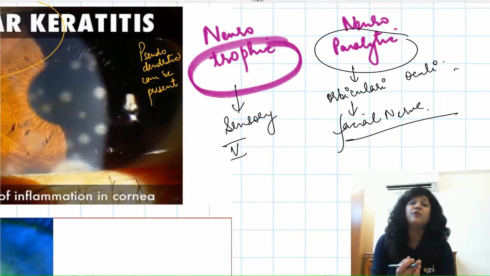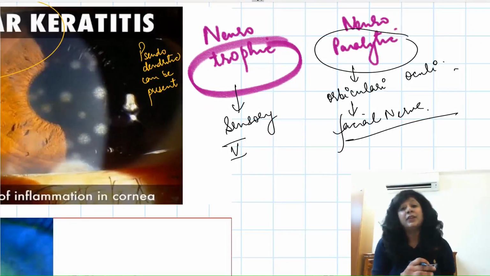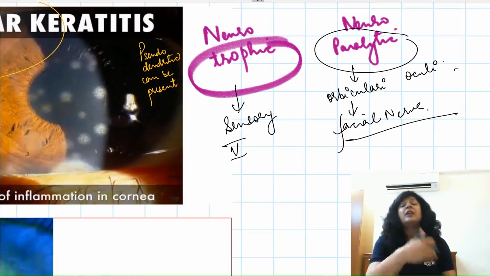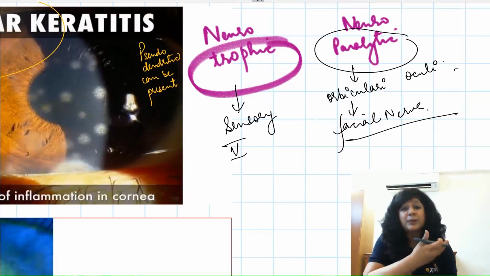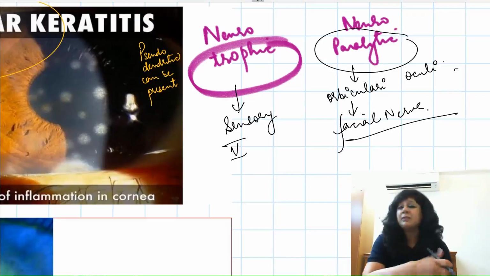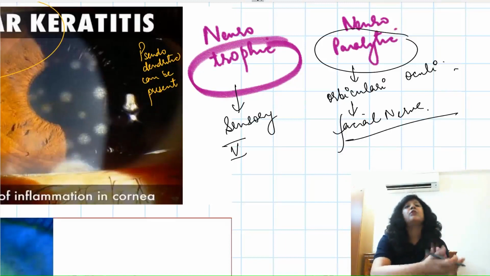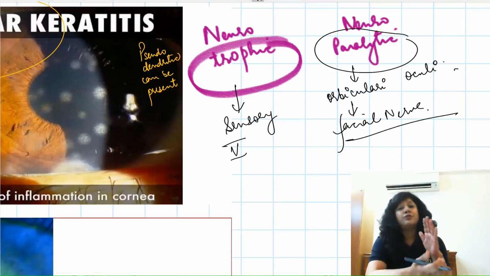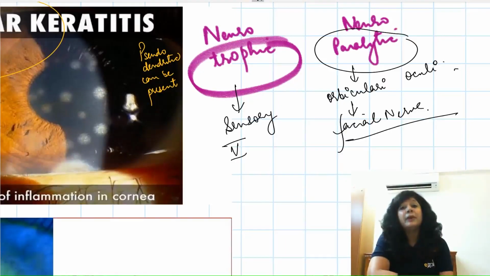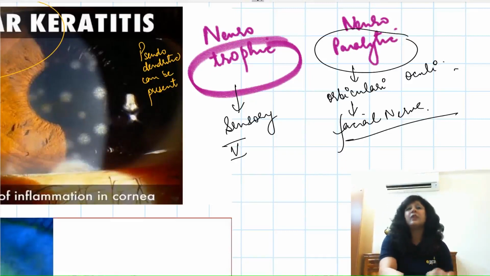Okay, now here, because you are having so many systemic features also, you will see that the treatment is also very, very elaborate. Here we give systemic acyclovir, also topical acyclovir, antibiotic steroid ointment for the eruptions. Even the patient goes into depression because the pain is unbearable, and many times for years after the acute attack also the patient is having pain. So for that we use amitriptyline for the depression, and for the post-herpetic neuralgia that you are having, we can even give systemic steroids. So there are so many things that we give here.